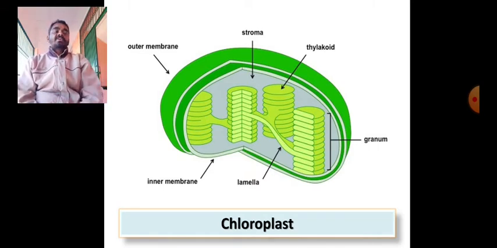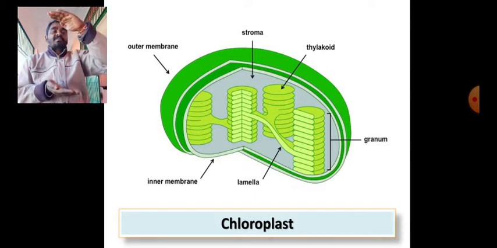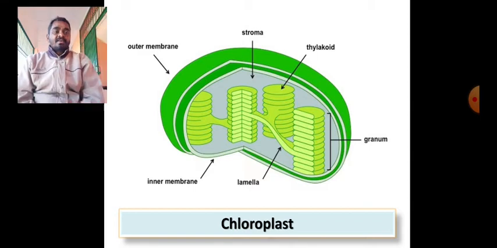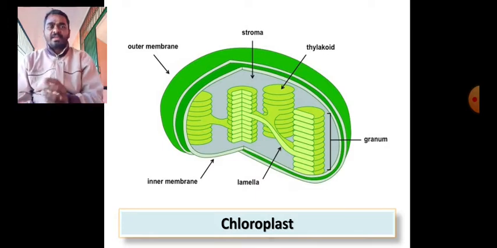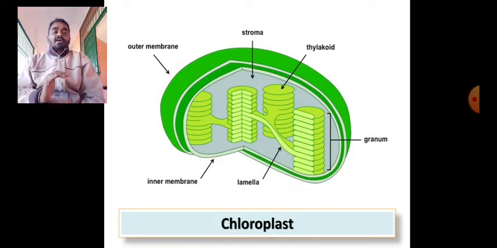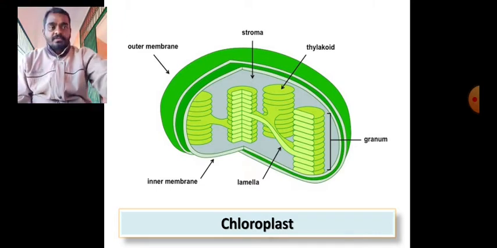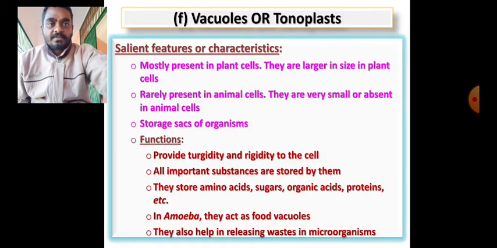Carefully see the structure. Double membranes are present and inside, something is one over another, like a stack, which is arranged. They are called thylakoids. Individual units are called thylakoids, all together called granum. These are just for your idea. And these grana, four of which are shown here, are connected with some thread-like structures called lamella. It's for idea. Just to remember: kitchens of the cell.